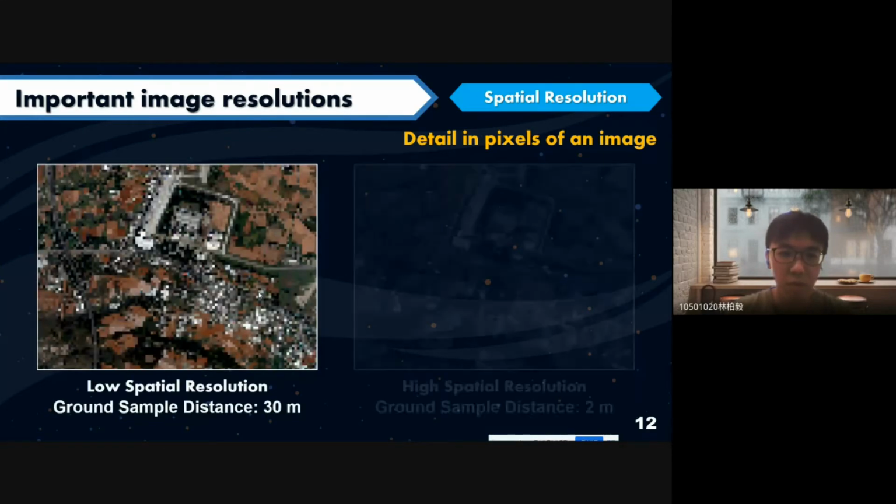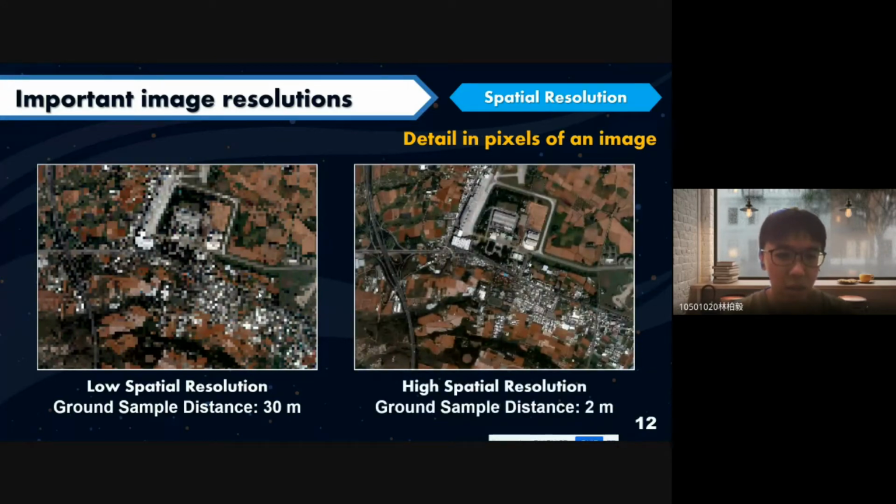For example, the left one is low spatial resolution. As you can see, we cannot see the details on the ground. But with high resolution, we can see the buildings and also the fields in the image.